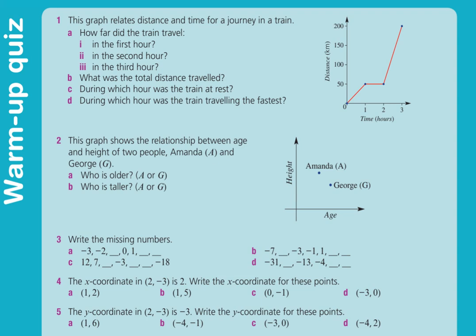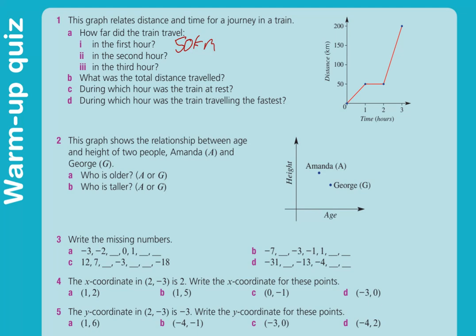Hello everybody, today we're going to be looking at straight line graphs, but to start off with, we have a warm-up quiz. This graph relates distance and time for a journey in a train. How far did the train travel in the first hour? So it started at 0 and then it got up to 50. So it's obviously travelled 50 take 0, which is 50 kilometres